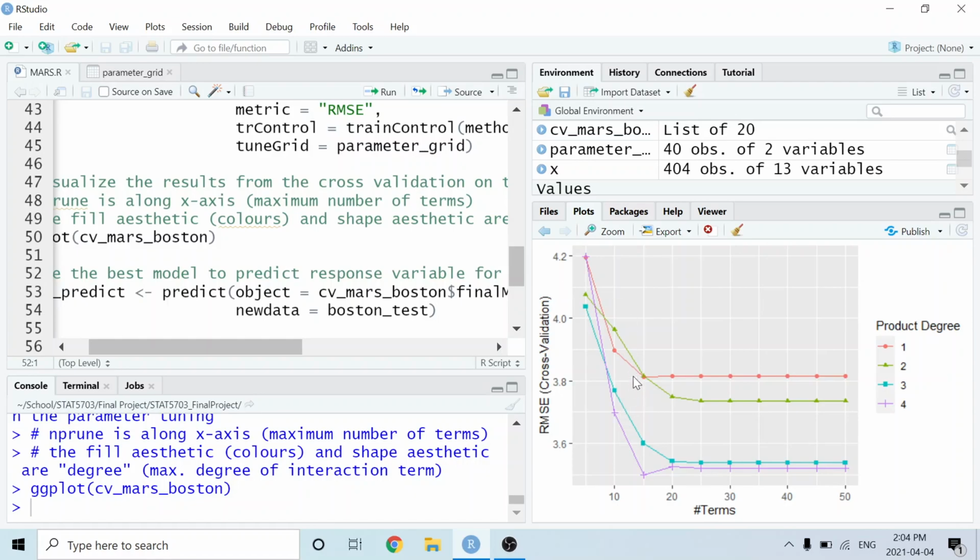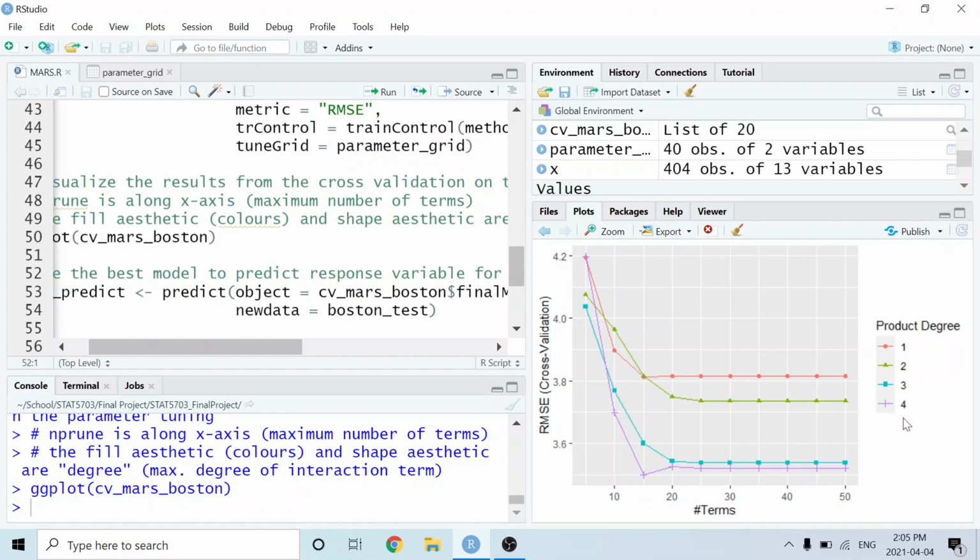So here we can see that the optimal model, or in other words, the one with the lowest root mean square error, was achieved right here. That model corresponded with a value of 4 for the degree argument, and the value 15 for the nprune argument. Now, it's not surprising that the highest degree resulted in the best model, since remember, this is the maximum possible degree.